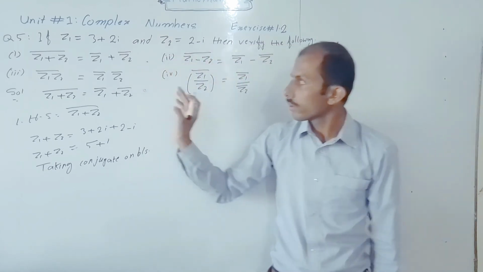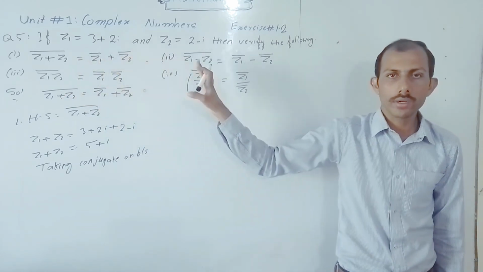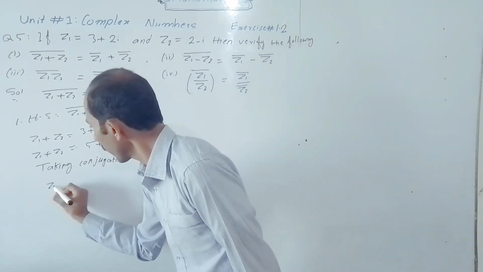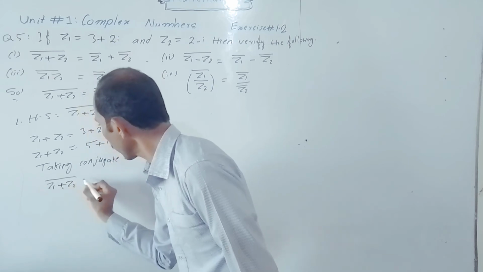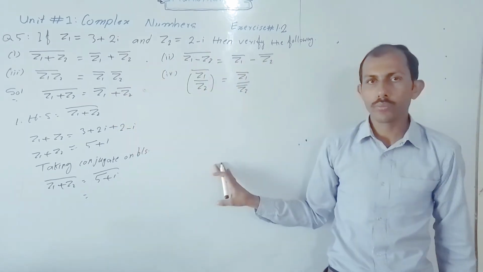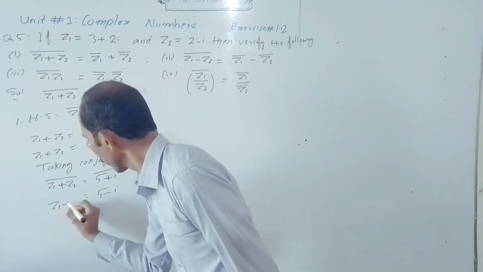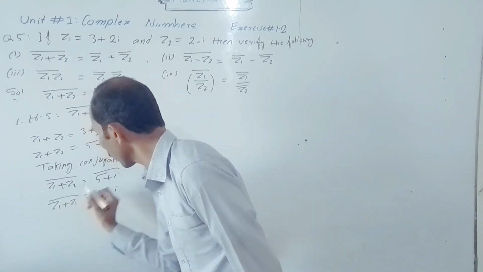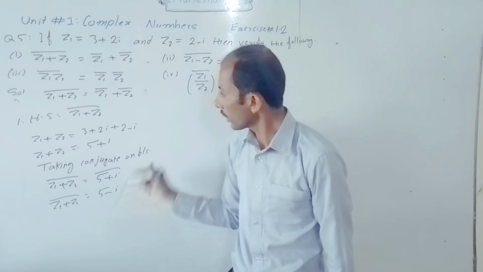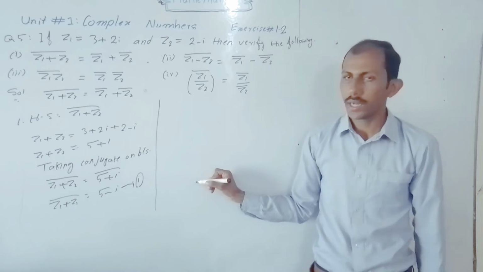So dear students, Z1 plus Z2 whole conjugate is equal to conjugate of Z1 plus Z2. So taking conjugate on both sides, that is, Z1 plus Z2 conjugate is equal to 5 plus iota whole conjugate, which is equal to 5 minus iota. That is the left hand side. So right hand side, that is